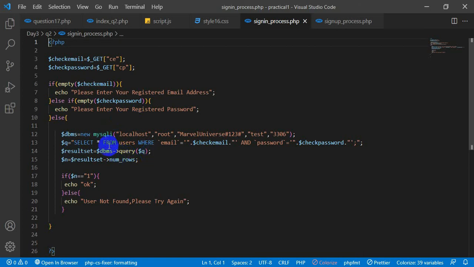And after all of that, it comes down to the else. When it comes down to the else, the same database connection is displayed here. And also I have done a search query. In this search query, I have searched the database for users with the email as $check email. $check email is the email that you are going to enter on the sign in side of the interface, and this password is the